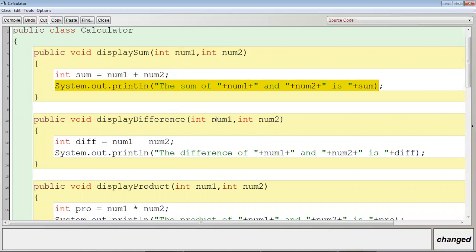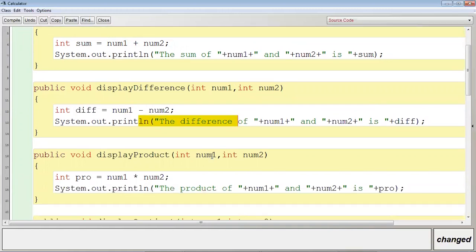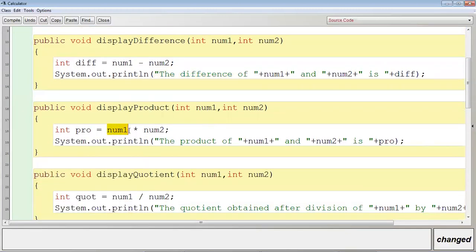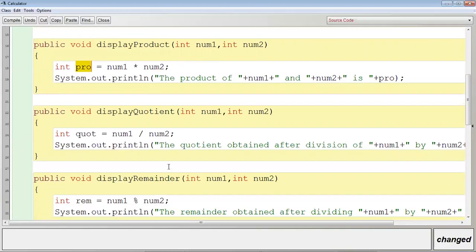This method is again accepting two values through num1 and num2. Then we are subtracting the value of num1 and num2, finding the difference and displaying the difference. Then display product, we are multiplying the values of num1 and num2 and storing in pro and displaying the result. And then display quotient method is also taking two values through num1 and num2.